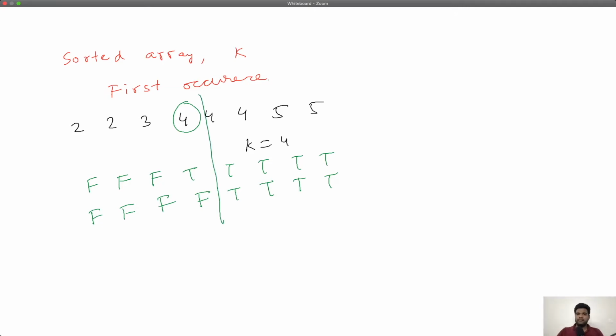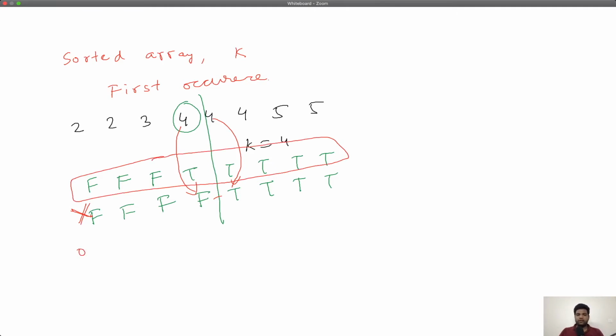And then we reasoned that this sequence is never possible, because you cannot have the 4 evaluating to false in one case and true in another case. So this sequence is not possible. So this is the sequence that I have to stick to. And based on this, I defined the ordering and the predicate.